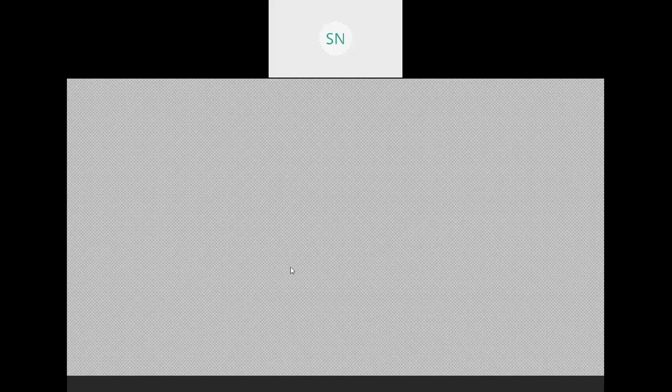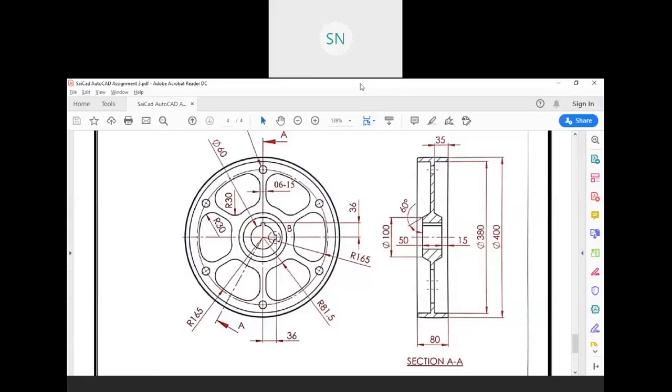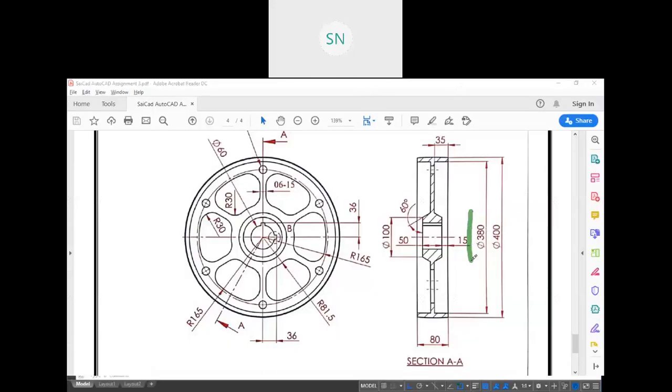Now next we have the 380 diameter over here. The total diameter is 400 and here 380. So let's reach up to this point and this point, right?